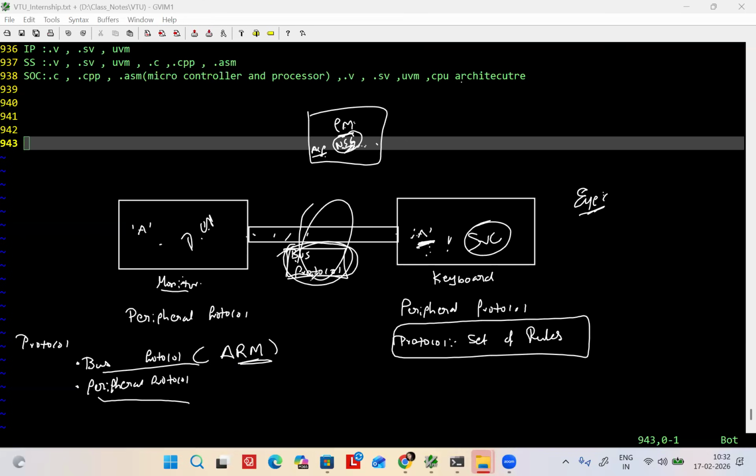One of the students asked me which protocols I need to study, and he said that only. The knowledge of ARM protocol is very important. ARM protocols are APB, AHB, AXI. These are the normal standard bus protocols.